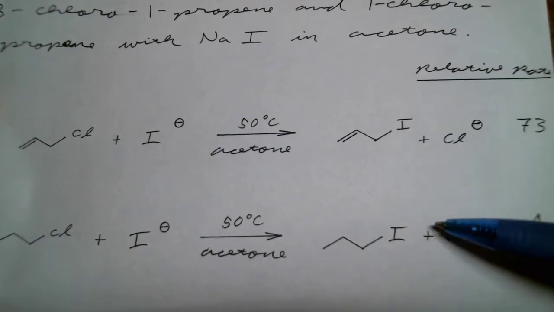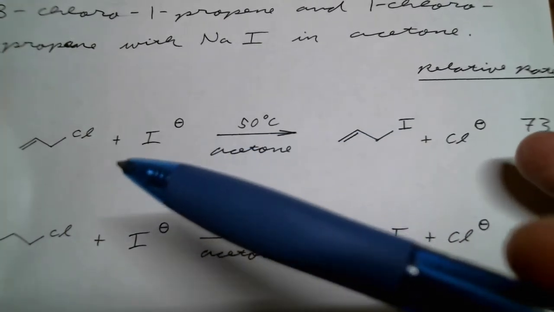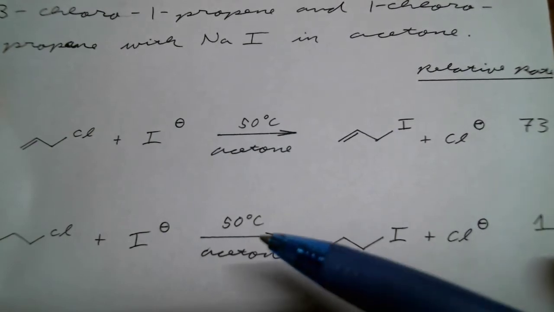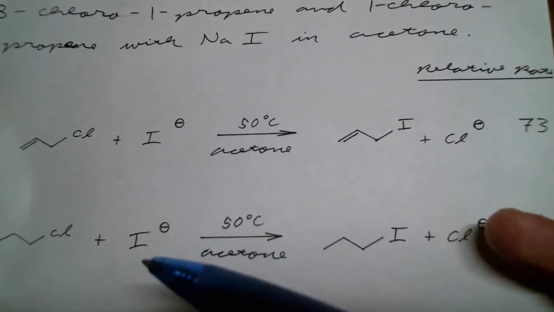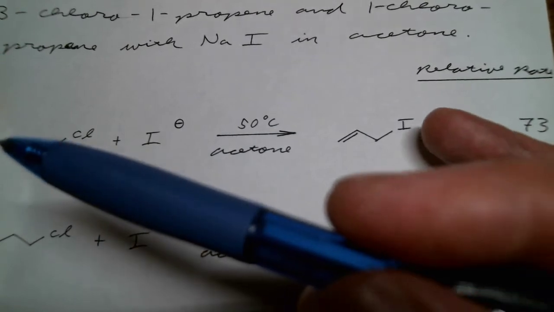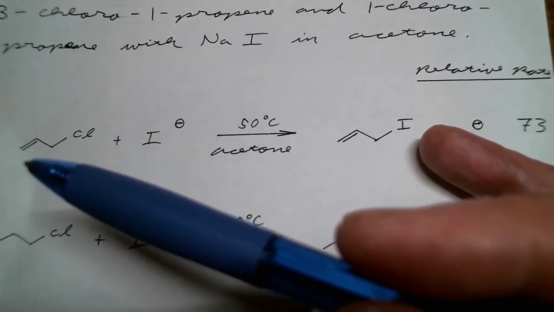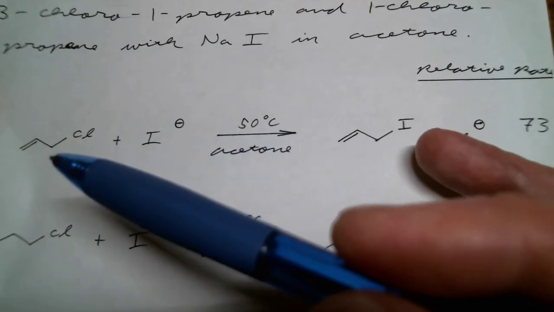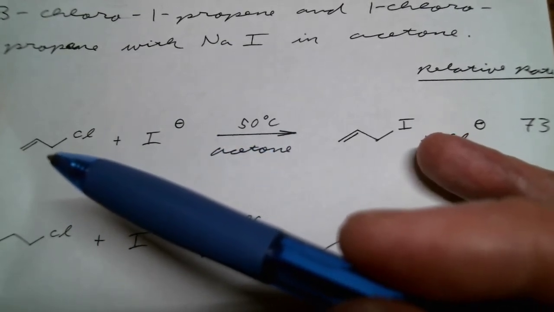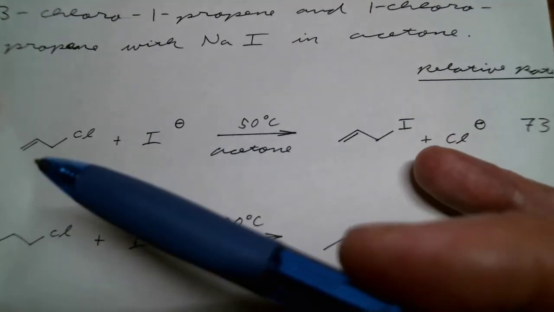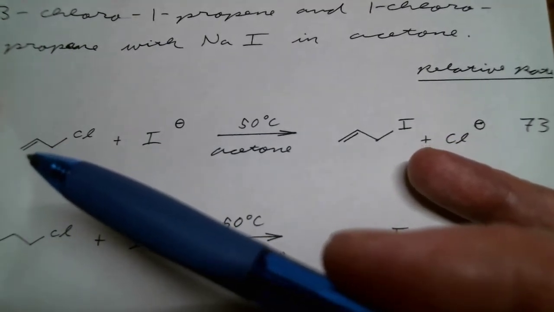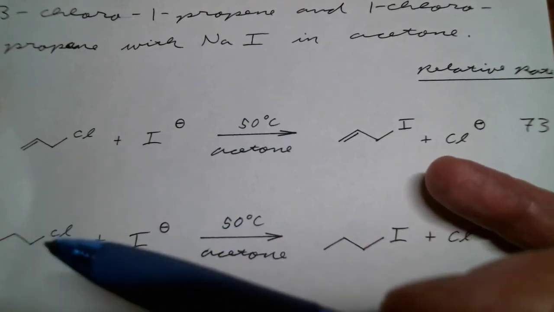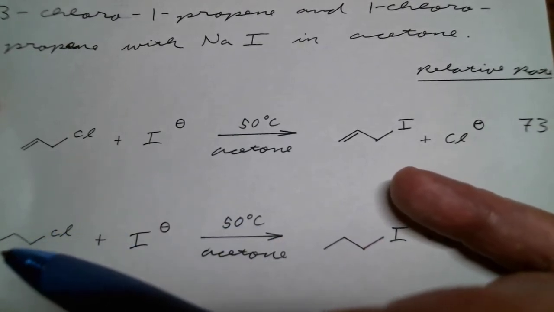So what this is saying is allyl chloride is 73 times faster in terms of its reaction with iodide than 1-chloropropane. So there's something that lowers the activation energy in the transition state of our nucleophile attacking this carbon on allyl chloride. There's something special about that neighboring pi bond that lowers that activation energy versus 1-chloropropane, which is saturated and